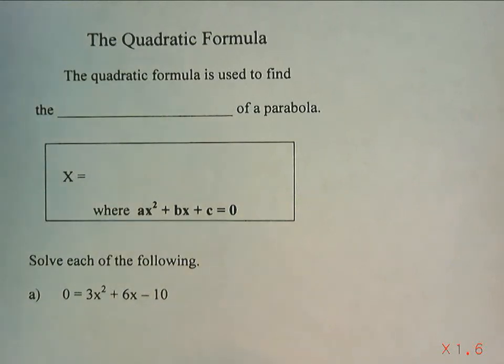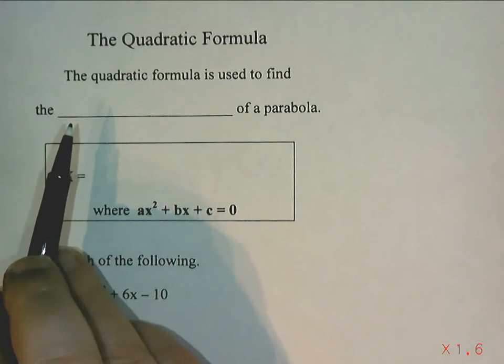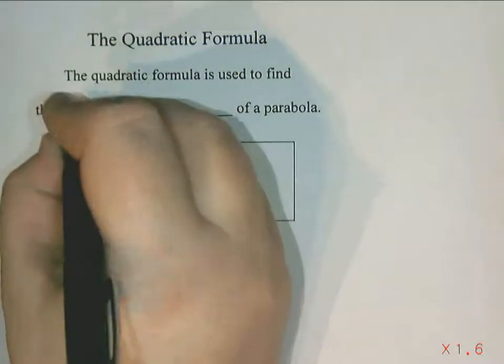The quadratic formula is a way that you can find the x-intercepts of a parabola. We've already talked about solving by factoring, which is a different way of finding x-intercepts, but the quadratic formula works for quadratics that have decimals, that have solutions that you can't get by factoring, or ones where you have really large numbers that you just wouldn't want to factor with. So I'm just going to fill in here that the quadratic formula is used to find the x-intercepts